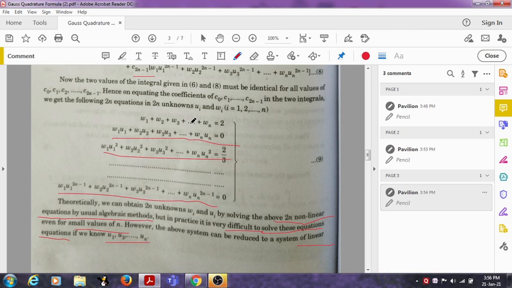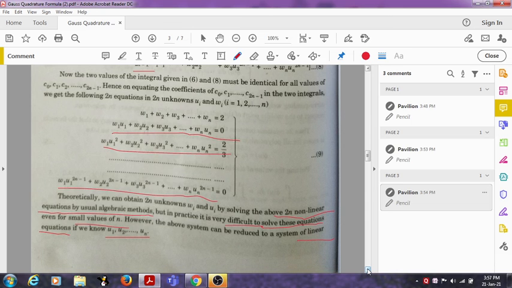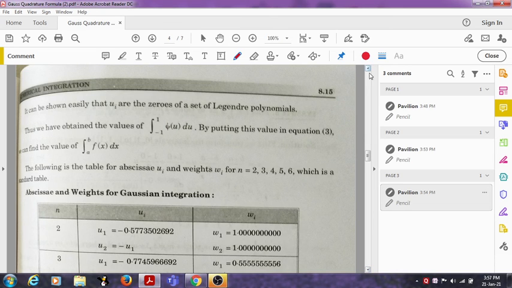You look here in equation 9, these are the equations. Here w1, w2, wn are in power of 1, but for u1, u2, u3, un, the power varies. In the first equation, power is 0. In the second equation, they are of linear form. In the third, they are of quadratic form, and so on. In the last equation, they are of degree 2n minus 1. So if we find the values of u1, u2, un, then these powers may be solved and we are left with equations in w1, w2, w3, wn, and these are linear. So we can say that these are linear equations.